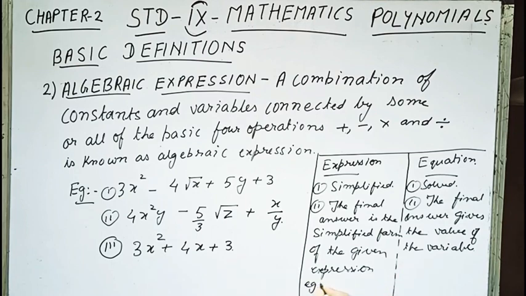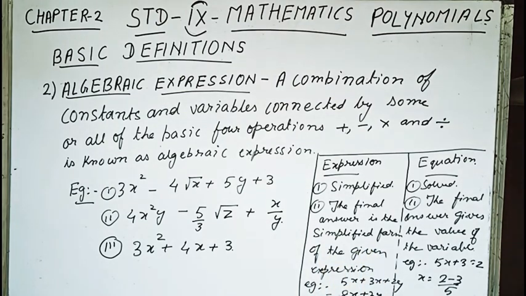For example, you can say over here 5x plus 3x plus 2y. This is an expression. This I can write as 8x plus 2y as the answer. But for example, in an equation, suppose it is 5x plus 3 equals to 2, I can write x is equals to 2 minus 3 by 5, that is x is equals to minus 1 by 5 is the answer. So here we get the value of the variable and here the expression is reduced to its simplest form.